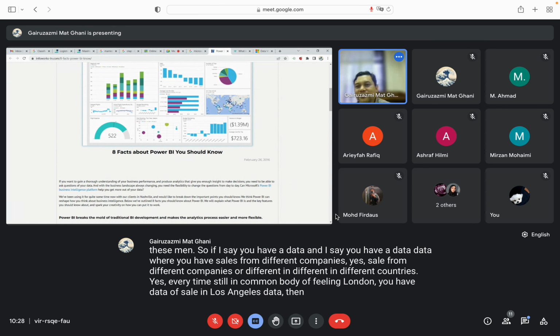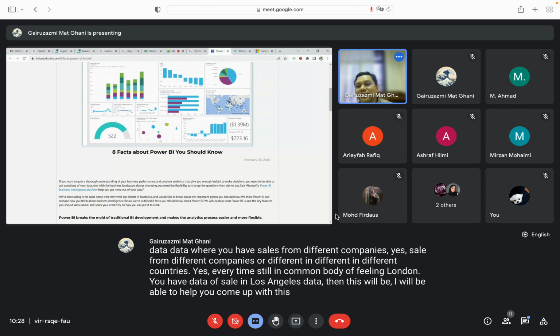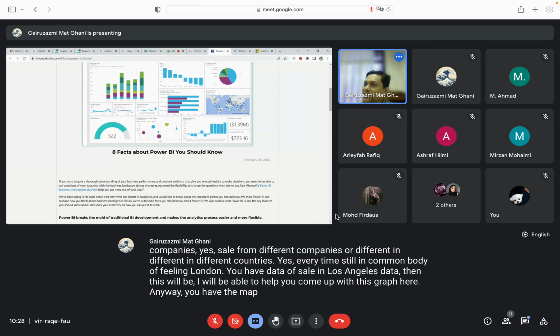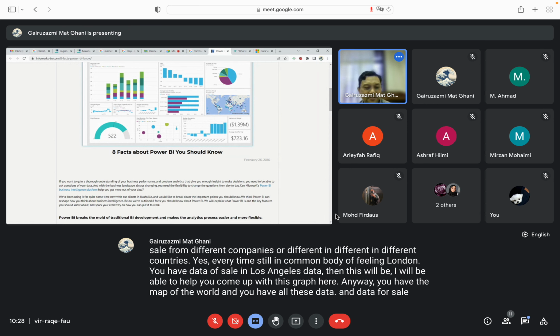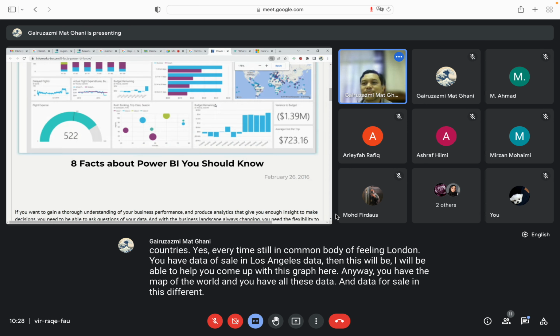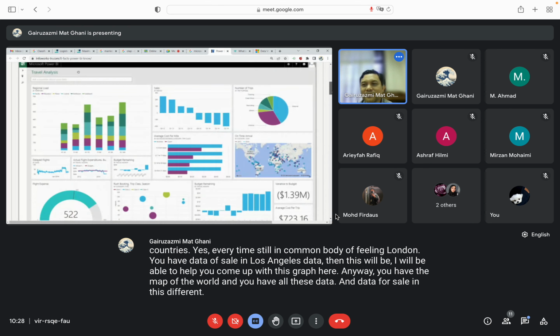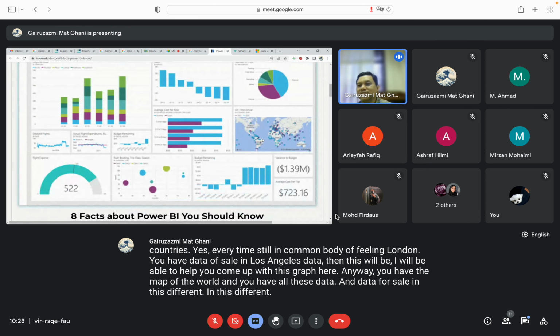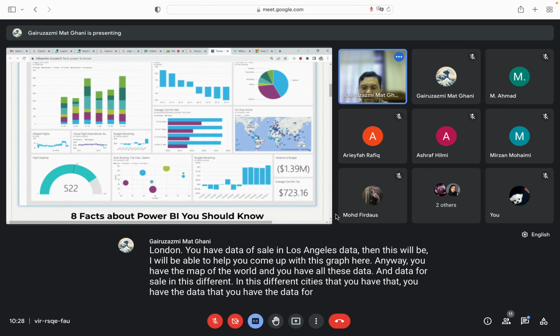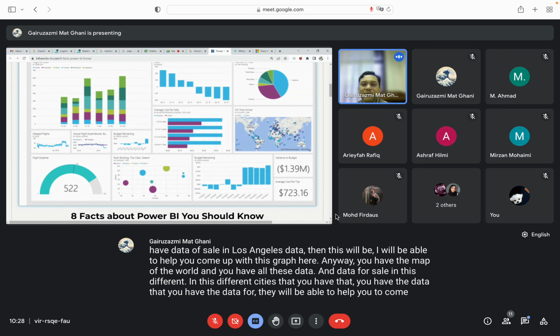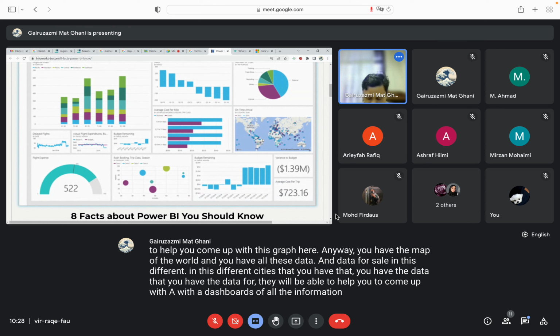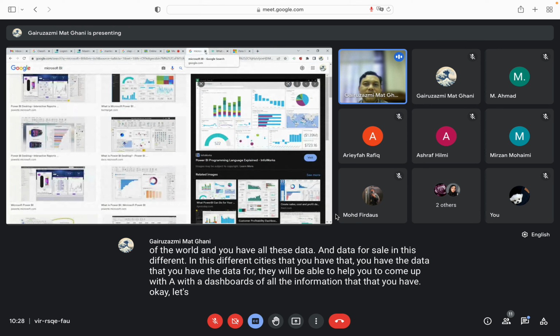Then this Power BI will be able to help you come up with this graph here, where you have the map of the world and you have all this data, and data for sales in these different cities that you have the data for. It will be able to help you come up with a dashboard of all the information that you have. Okay. Anyway, let's come back to